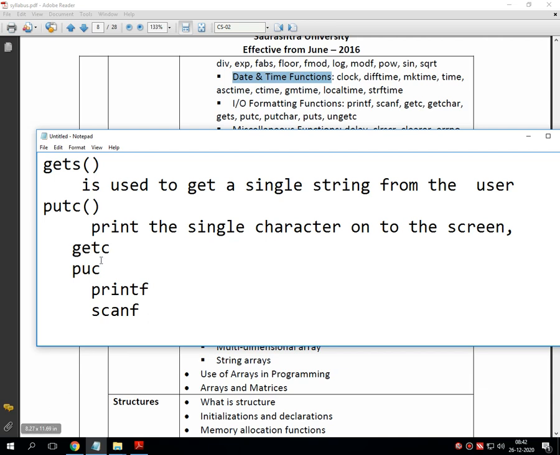The difference between these two is what? These two, that means getc and putc, are the pure string handling function which can only handle a single character at a particular time, while in printf and scanf we can read any type of formatted data like text, character, number, or any combination of all these things.